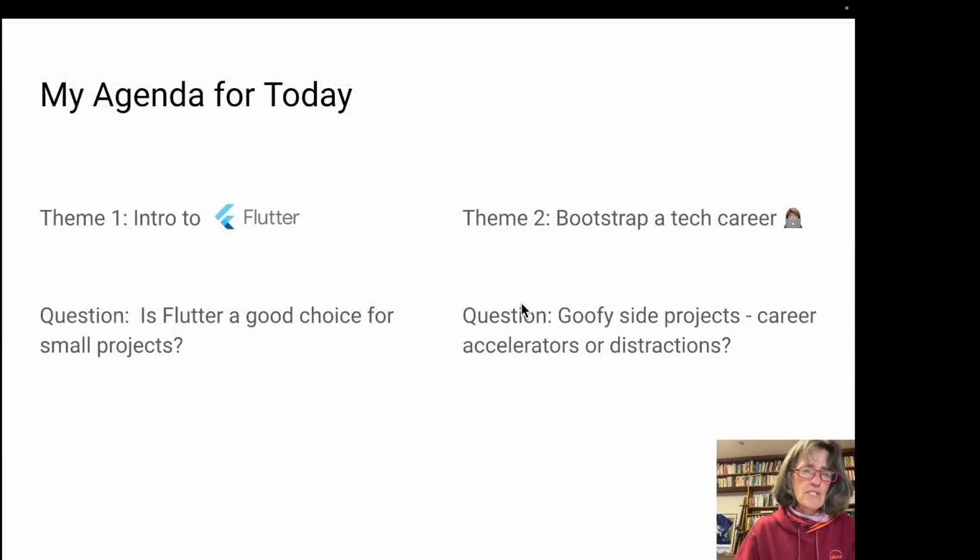So what I want to do today is cover 2 very different themes. The first one is an intro into Flutter. I want to give you a little bit of a highlight view of what Flutter is and hopefully answer the question, is this technology a good choice for your small project or your MVP?